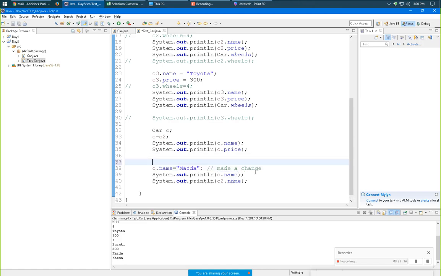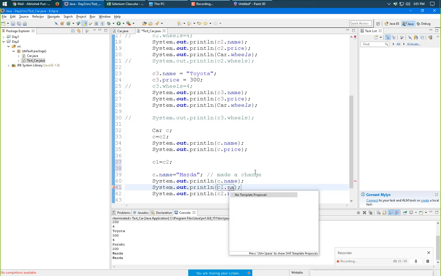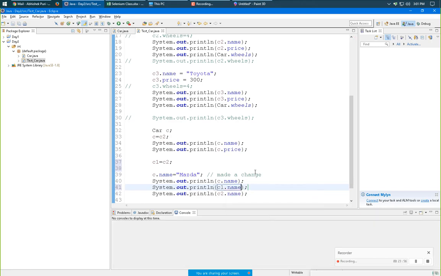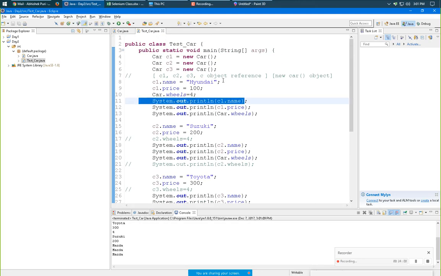Now I just used C2 as a reference for it. Say C1 equals C2. Now C1 is also having the same object of C2. So if I print C1.name, it will return Mazda. Earlier C1 was having its own object.